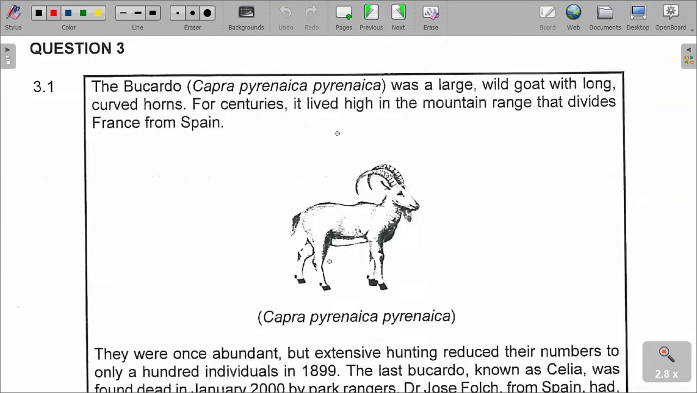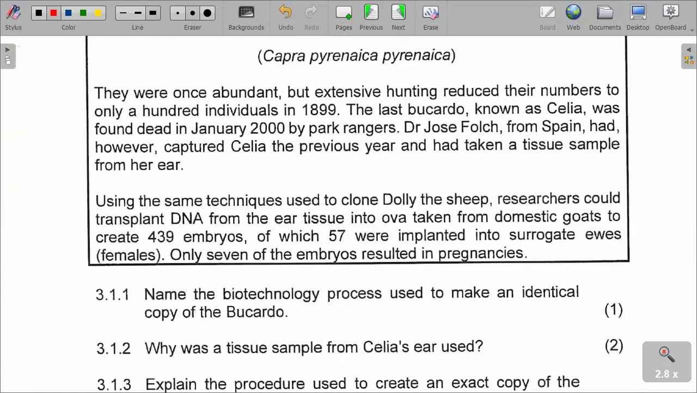We are given that the Pyrenean ibex was a large wild goat with long curved horns. For centuries, it lived high in the mountain range that divides France and Spain. They were once abundant, but extensive hunting reduced their numbers to only 100 individuals in 1899. The last one, known as Celia, was found dead in January 2000 by park rangers, and then using the same techniques used to clone Dolly the sheep,